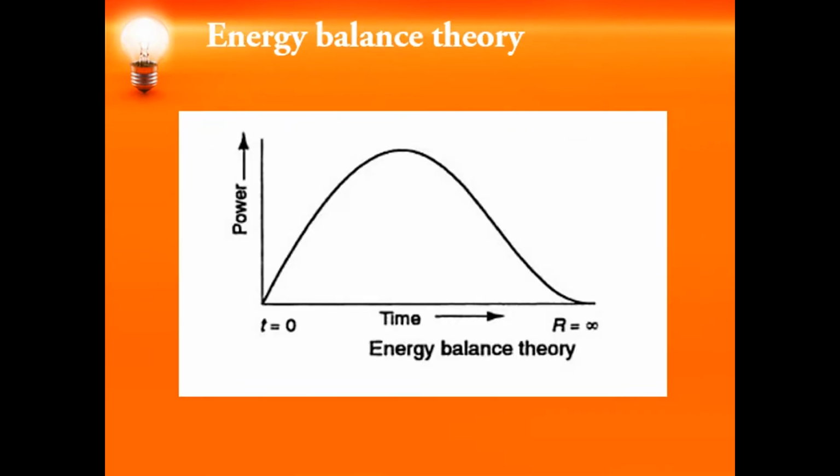Next, what does the energy balance theory state? You know that when the current is zero, the restriking voltage is zero as well as the power is zero. Later, when the arc is quenched, the power is also zero. In between those instants, the power increases, becomes maximum and again reaches zero. That means a lot of heat is generated in this region. When the power is maximum, a high amount of heat is generated. So what has to be done? All those ions have to be removed from the gap.